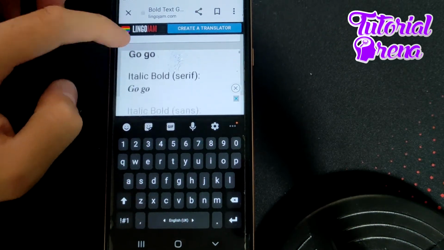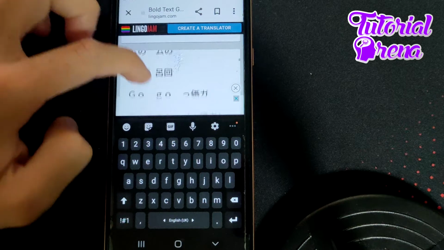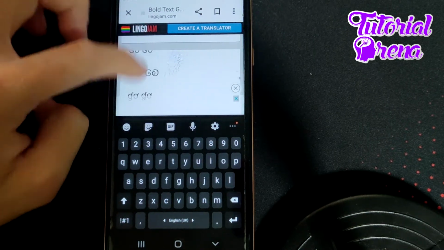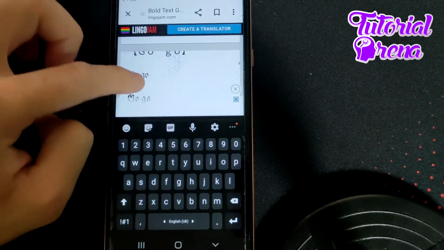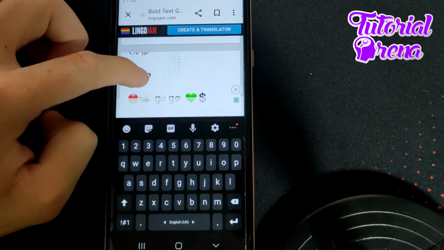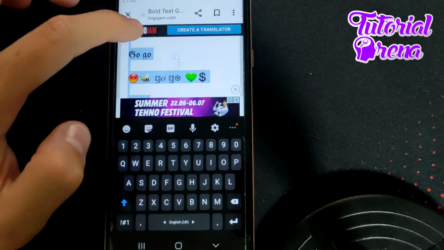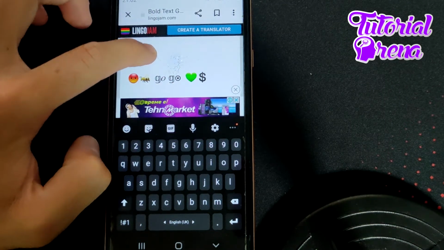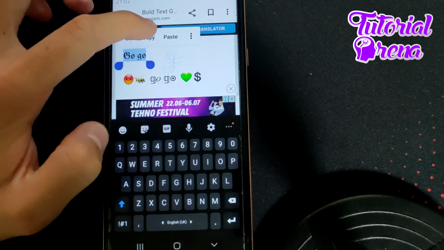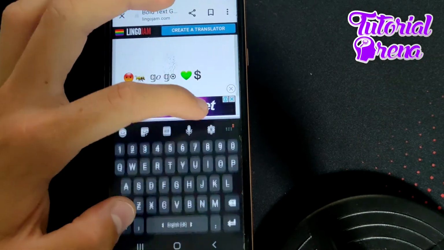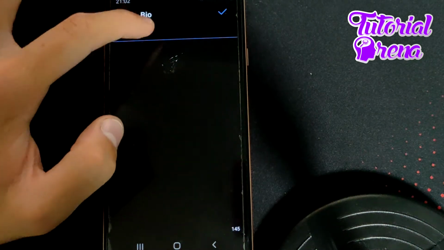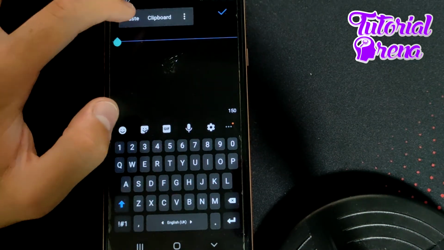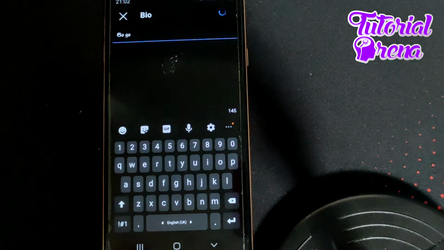take a look on all of these bold sessions, and you need to select which is the most interesting for you. For example, for me it was this one. Just go tap and hold, go select just that selection, and then go cut, get back to your Instagram bio selection. Here you can simply go take over and paste it,